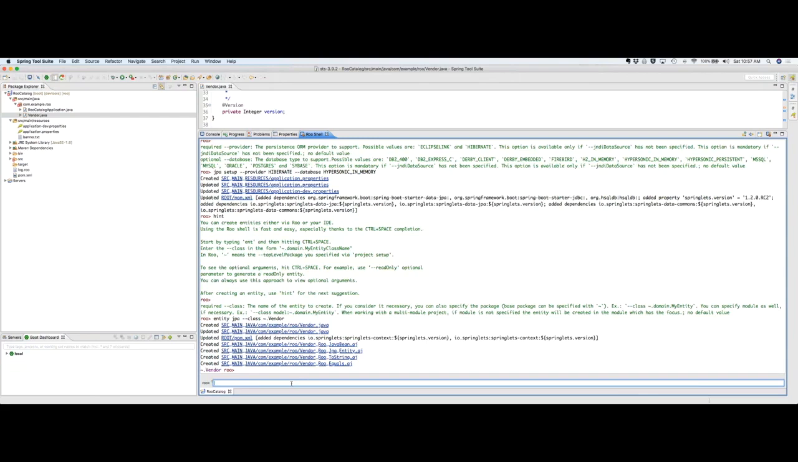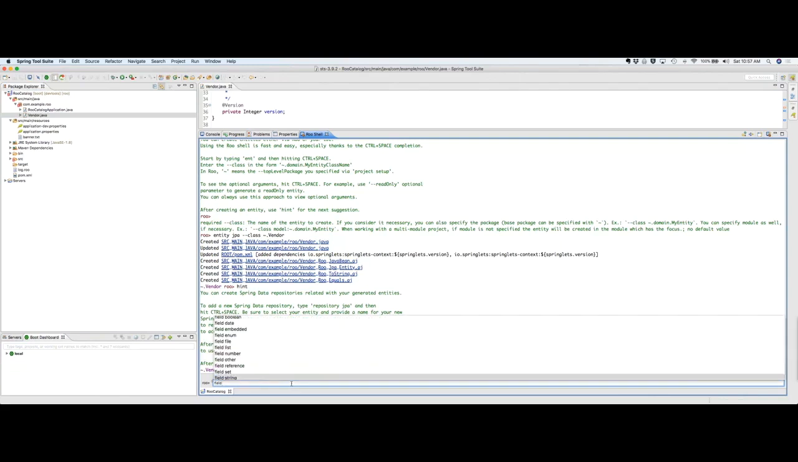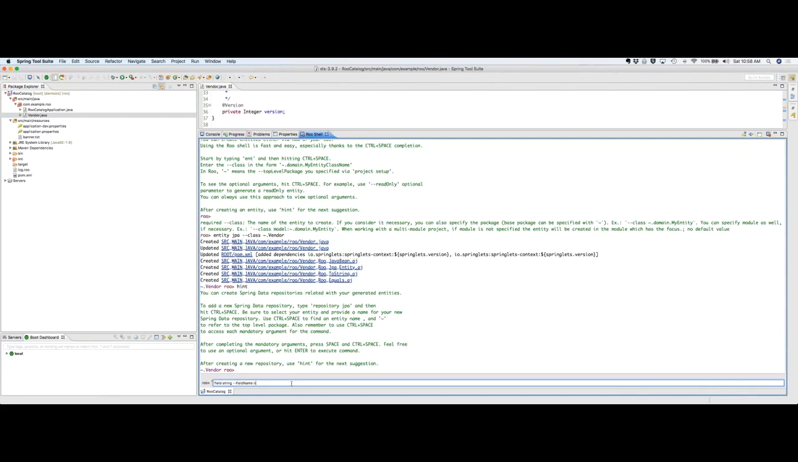Right, so now we need to add some fields. So do a hint, and okay, you can create Spring data repositories related to your generated entity. So I can do a repository, which I don't necessarily want to do, but what I really want to do is add some columns to my table, or essentially some class variables to my data object. So we need to actually add some fields. So let's start with our vendor table should have a name. So we need to do a field. And name can be a string, a field name,